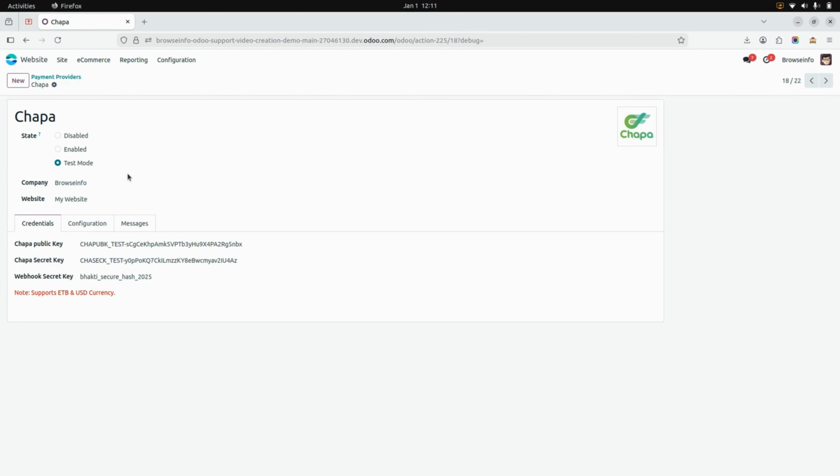For the first step you have to enable it in test mode, select your company and the website. After that, under the credentials you have to add your credentials. After that, I'm just going to the home page,